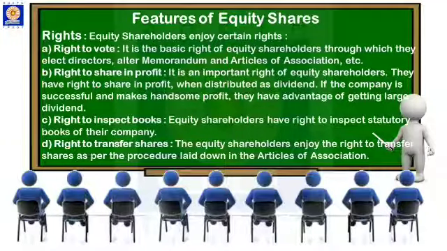Second right is the right to share in profit. It is a primary and important right of equity shareholders to receive the dividend as and when the company is earning huge profit or more profit. However, if the company is not earning profit, it can't give dividend to equity shareholders. But when the company makes huge profit, the equity shareholders have a right to claim the dividend or a part of the profits, as dividend is a part of the undistributed profit.